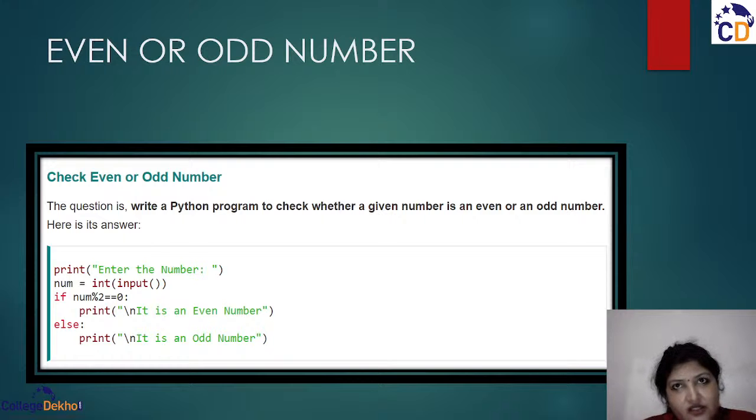So we are checking this. If the value of the left hand side is equal to the right hand side, then we put a colon, because it is the syntax for using the if statement. If it is true, then it goes to the next statement. If it is false, then we go to the else section. Again, I am repeating, if the condition or the decision is true, we are going to execute the next line, the next statement. Otherwise,